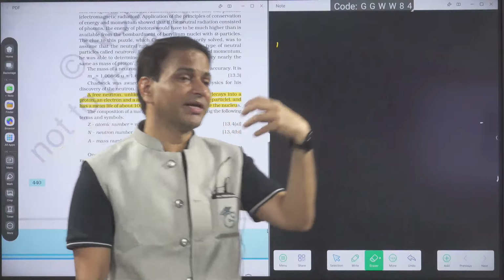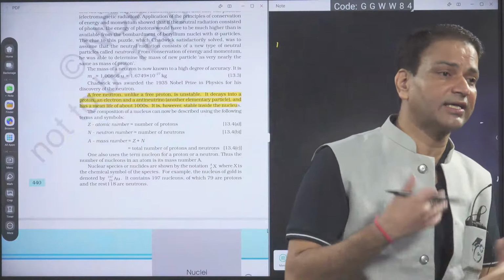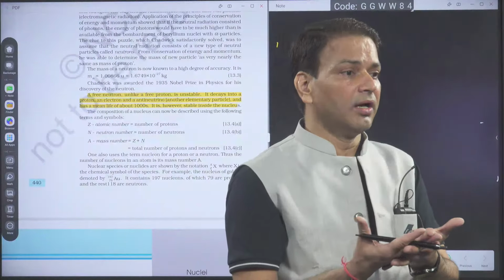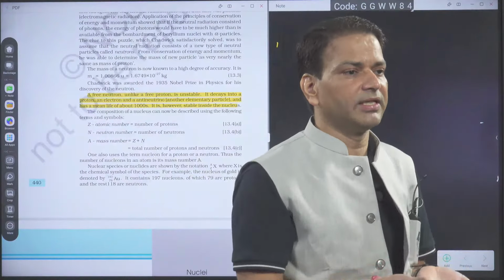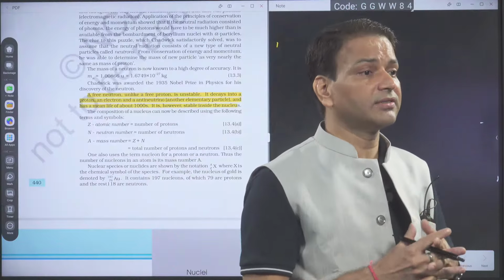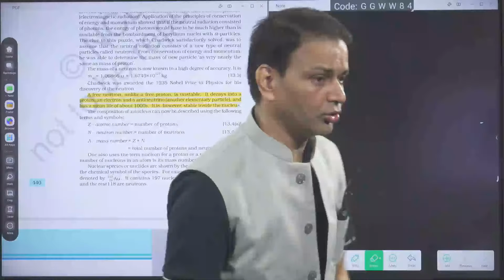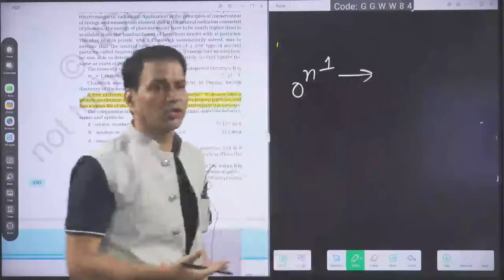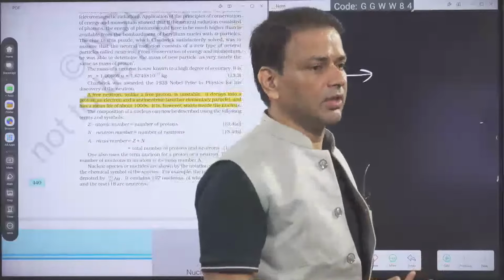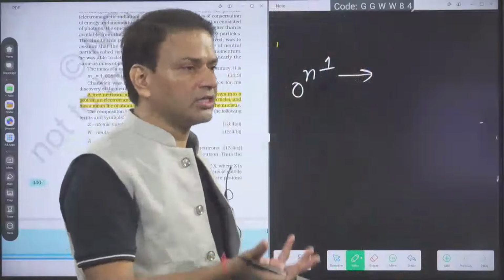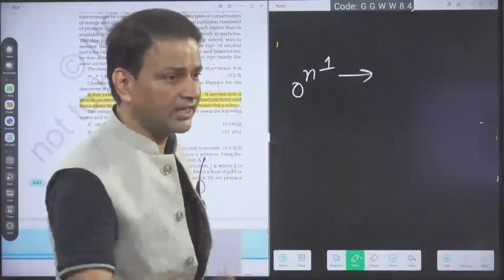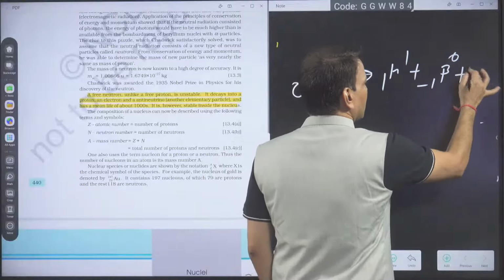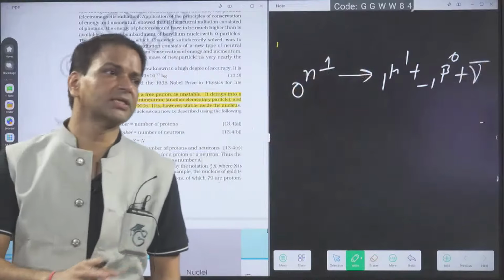Somebody may think, how are electrons ejecting from the nucleus, when the nucleus does not contain the electron? In the nucleus we have the proton and neutron. But why the beta particle? Beta particle is basically an electron. So why is the beta particle emitting? That is the disintegration of the neutron. This reaction everybody has to remember. Suppose the number of neutrons is more than required for stability, then the neutron will disintegrate into the proton. How? n → 1H1 + −1β0 + anti-neutrino. So this is the disintegration of the neutron.